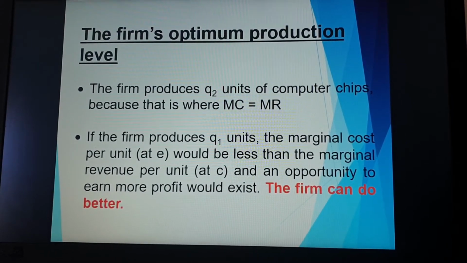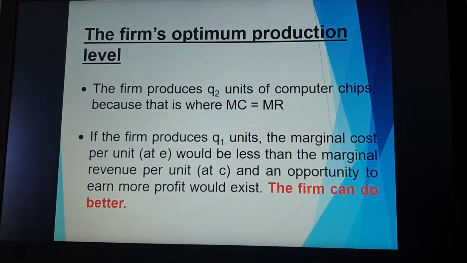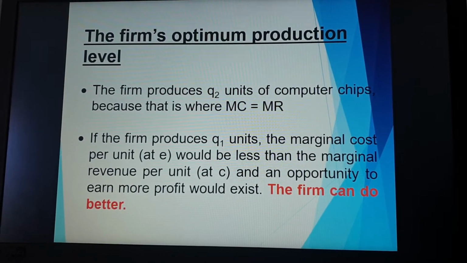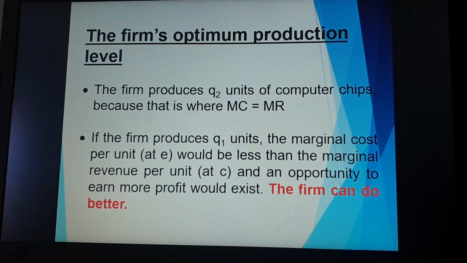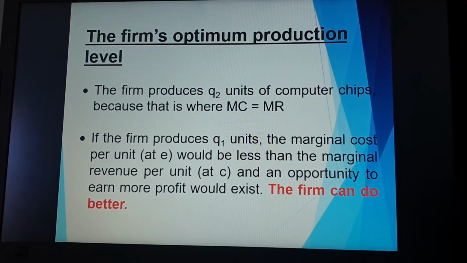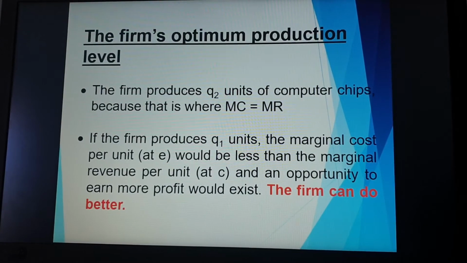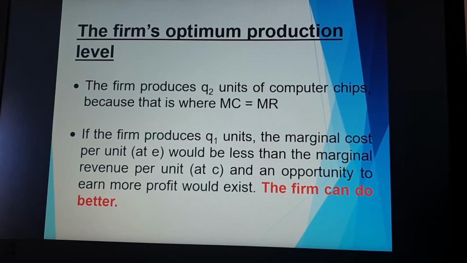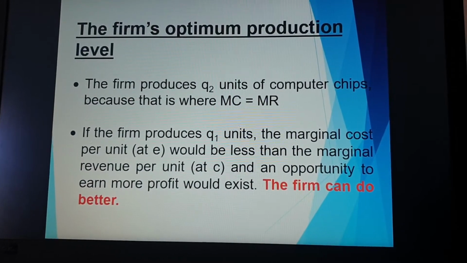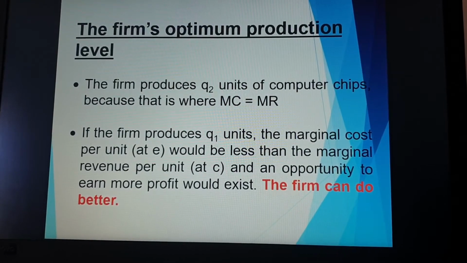That is what we are looking for when we are doing this graph. They tell us the firm produces Q2 units of computer chips. You will see it when we go to the graph, because that is where MC equals MR. So the firm will always produce where it can maximize its profit, and that will be when marginal cost, MC,